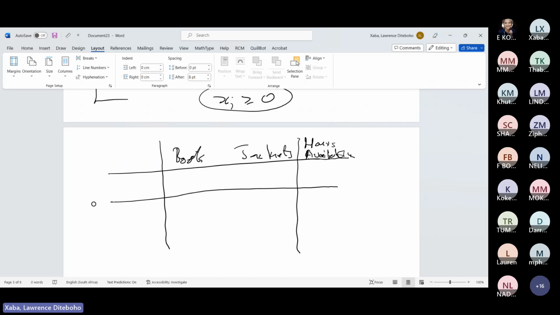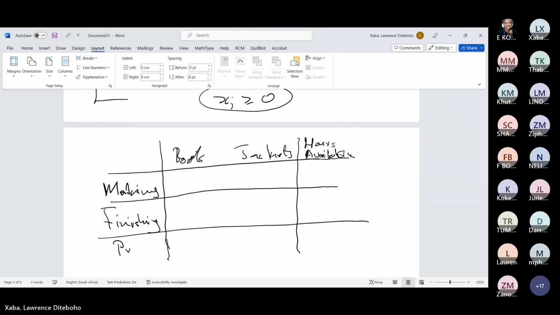On this side of production, we have making and finishing. Then below we'll have our price. So on this side we'll write, if we are looking at the boots, how many hours do we need